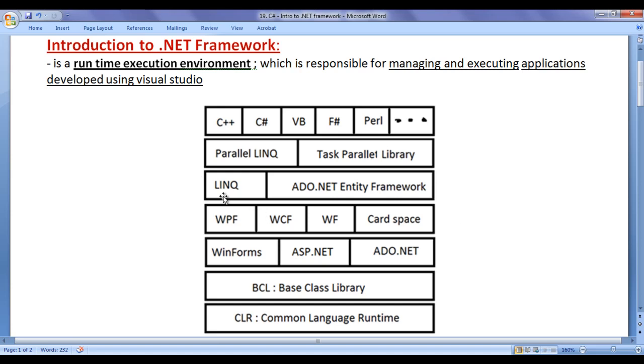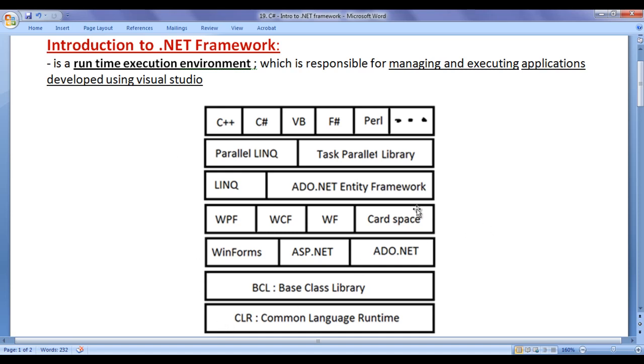On top of that, we have LINQ and ADO.NET Entity Framework components. On top of that, we have Parallel LINQ and Task Parallel Library components. On top of that, we have our programming languages C++, C#, VB.NET, F#, Perl, etc. Using these programming languages, we develop a wide variety of applications, right guys?